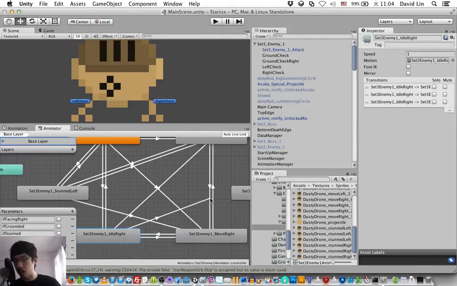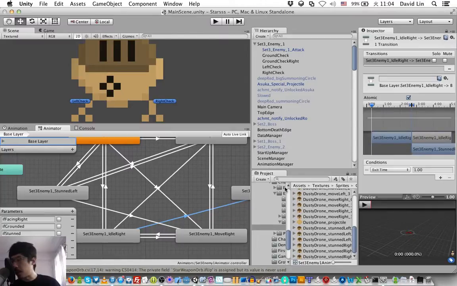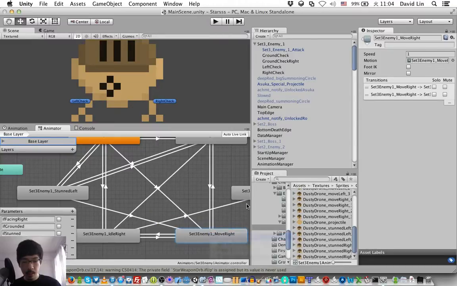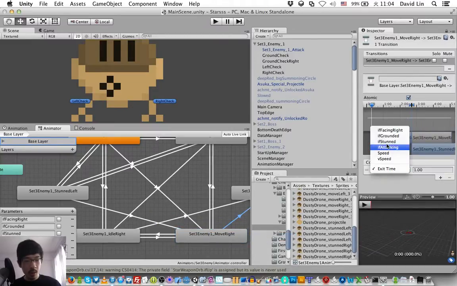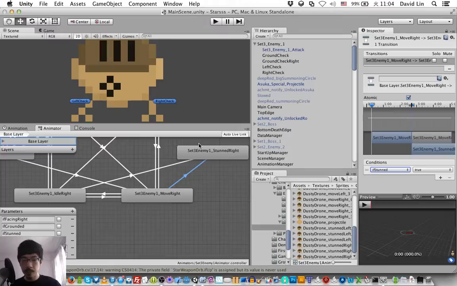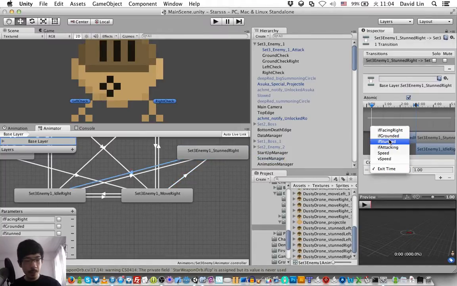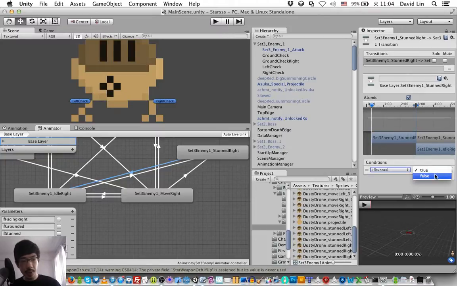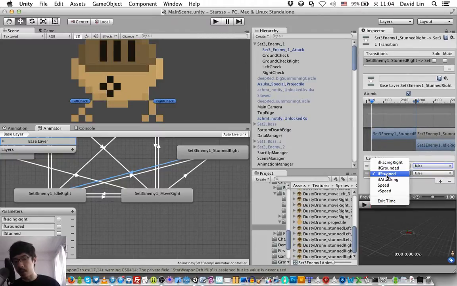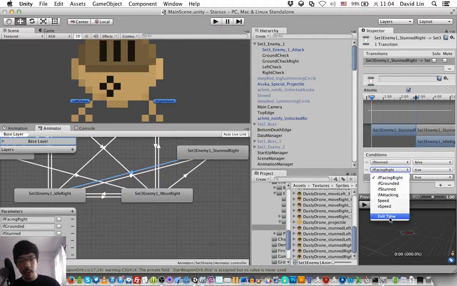Next we'll do the same thing for the animations for the right. If stun, if recovered from stun, if facing right, and if the speed